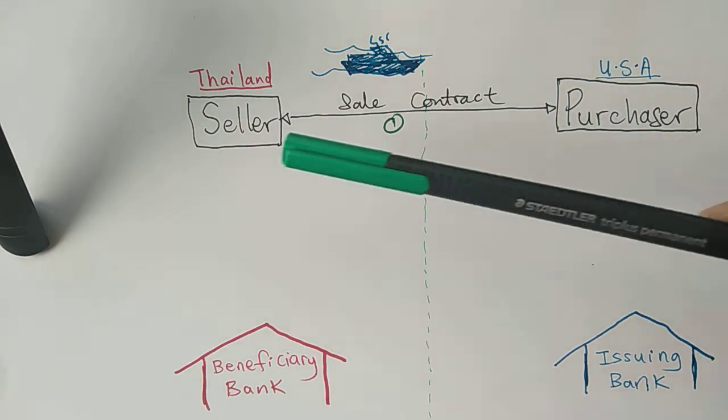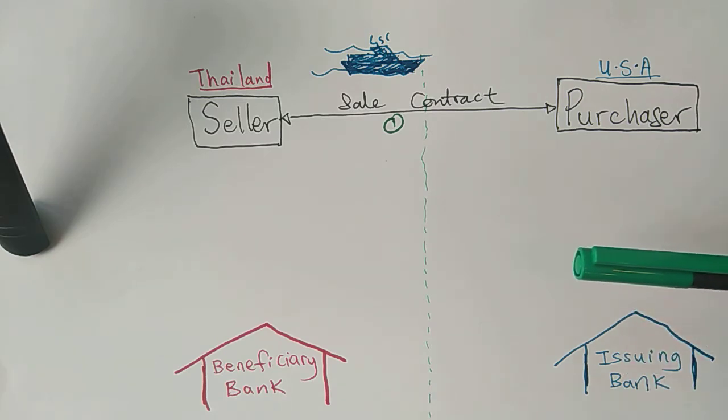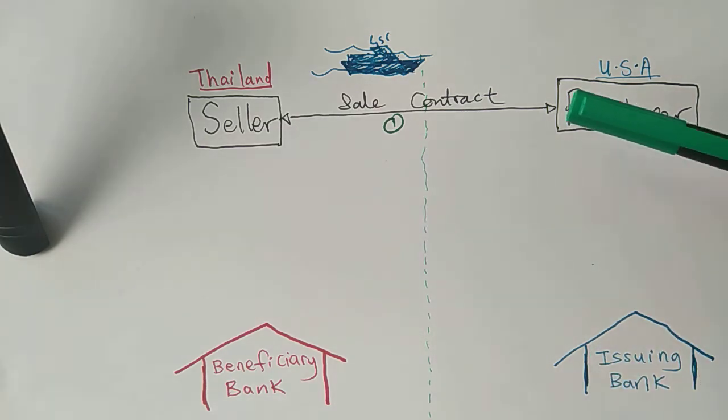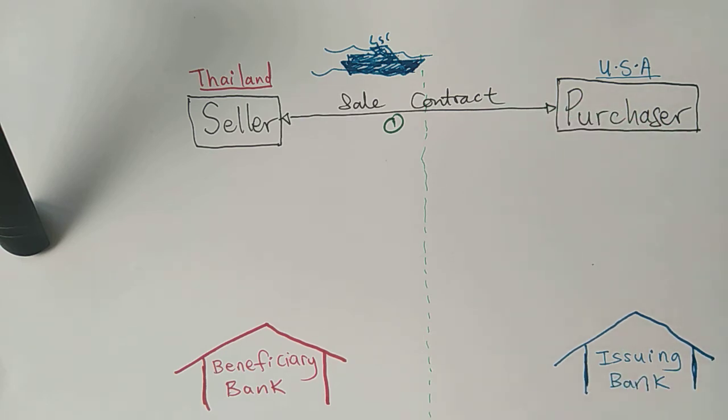So, let's say they had all this discussion about the product, the model of the product, the price, whether the seller has the required quantity to sell, all the discussion that happened before the sale contract. And they finally come to some sort of an agreement that they can buy and sell together. They enter into a sale contract with all the conditions in it. Alright? Now, after this step,